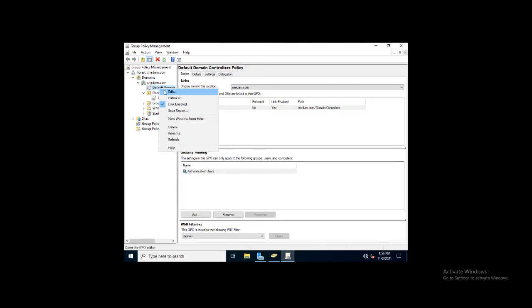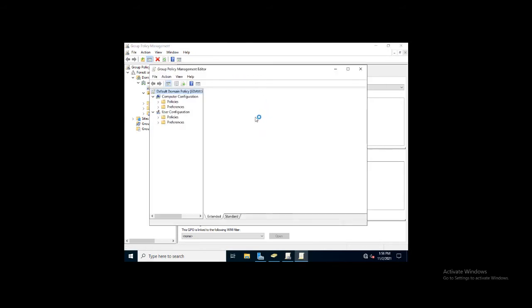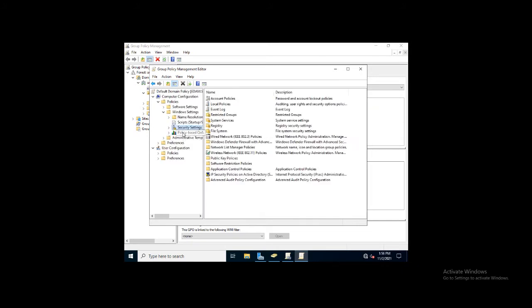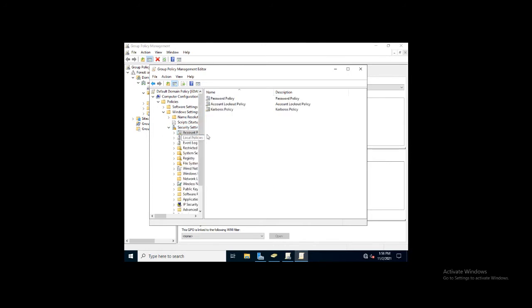Right-click on Default Domain Policy, click on Edit. Under Computer Configuration, click on Policies, expand it, select Windows Settings, expand it, select Security Settings, select Account Policies. Here select Account Lockout Policy.